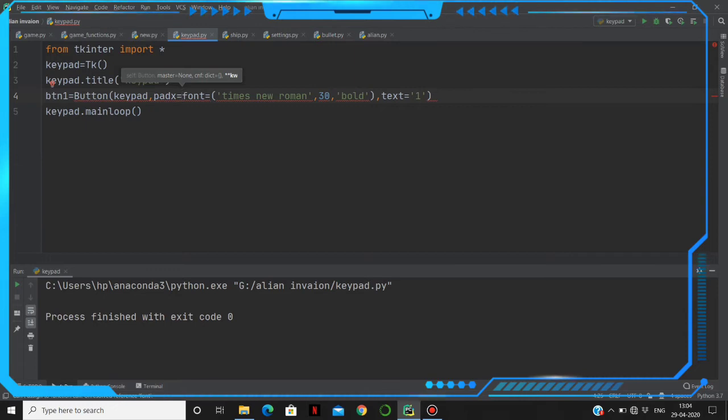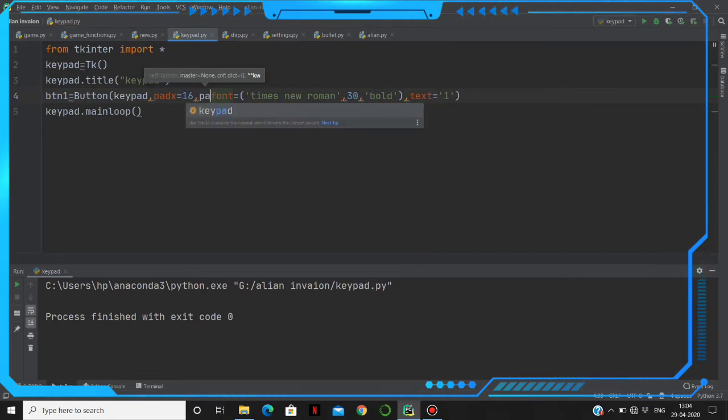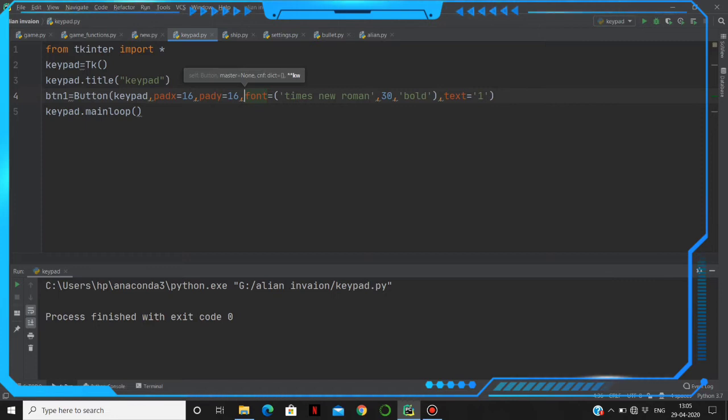We are going to take that as 16. We need to get the keypads in horizontal and vertical, so that's why I am giving padx and pady the same value, 16, so that they give a rectangular format to our buttons.